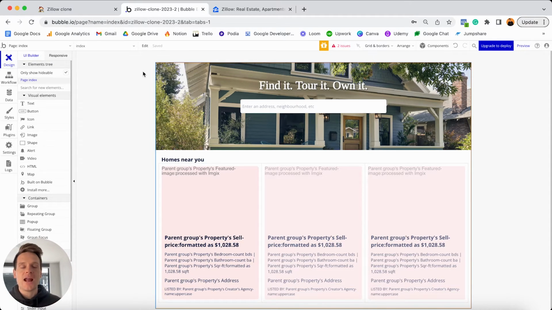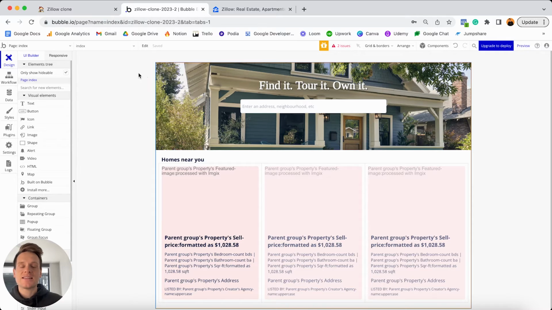Then from there, you can add in all of your text elements and even your Zillow logo. Now, although we could do that on our homepage here, what I'm actually going to do is instead create something known as a reusable element in Bubble. And the reason I'm going to do this is because our navigation menu is not just going to be displayed on our homepage. We're going to want the exact same menu to be displayed across every single page in our